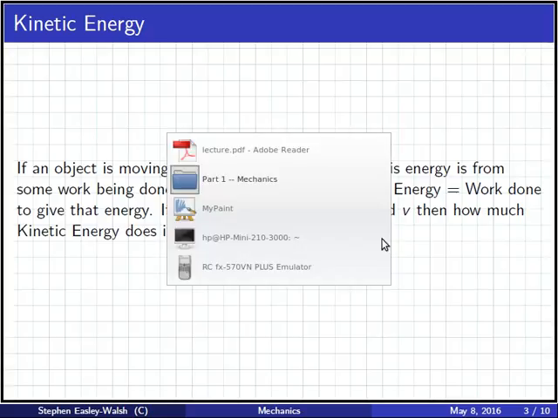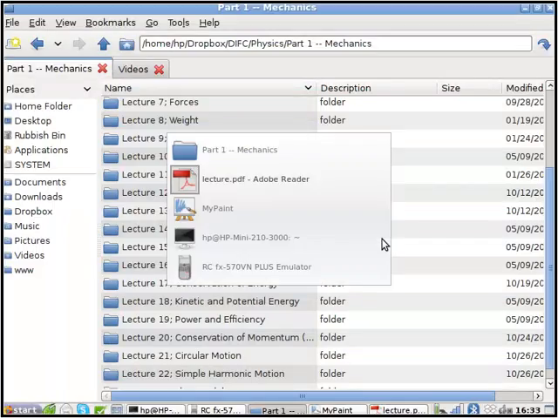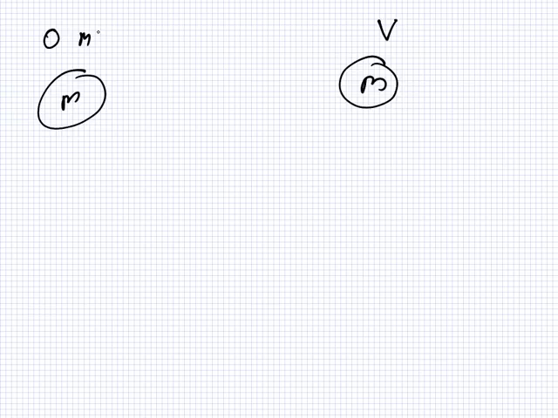Let us see. So, this here is moving with a velocity v. So it has kinetic energy. Where did it get this energy from? Force. From a work done by a force, somebody was pushing it. So at the very beginning, what was its speed? 0. Somebody pushed it and made it move. Now it has energy. It got this energy from the work being done. Let's work out what that is.